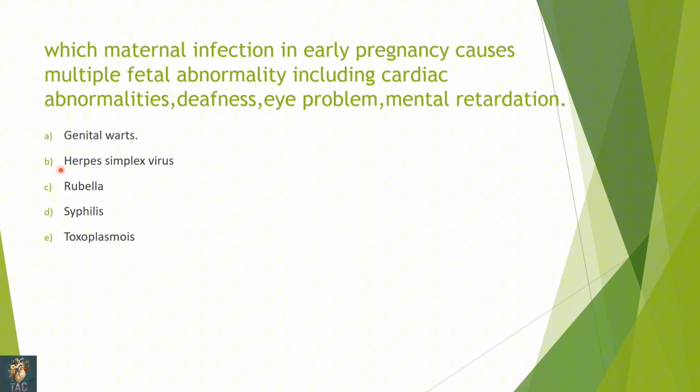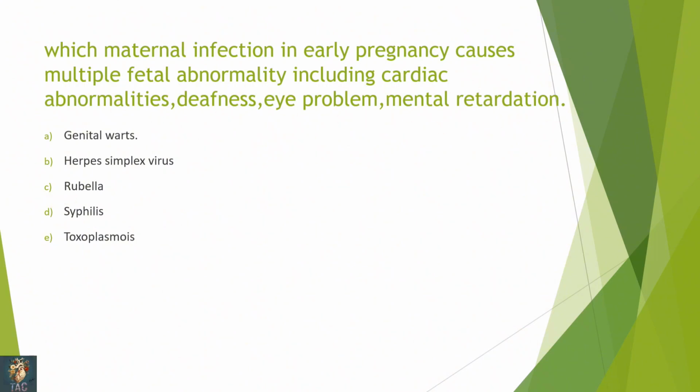Rubella is the main factor responsible for cardiac anomalies, deafness, eye problems, and mental retardation. Syphilis can also cause these abnormalities, but in syphilis there is no deafness. Similar is the case with toxoplasmosis, in which eye problems and mental retardation may be present, but all of these abnormalities are signs of